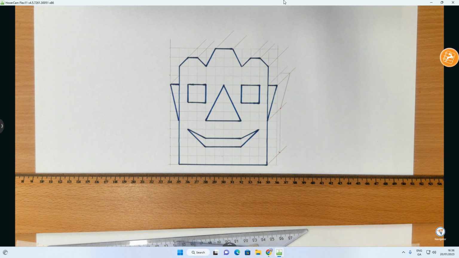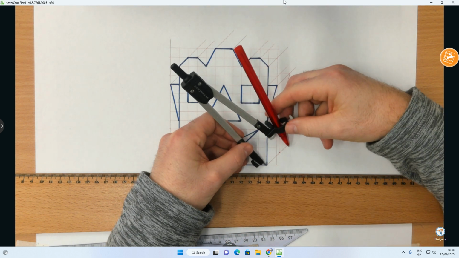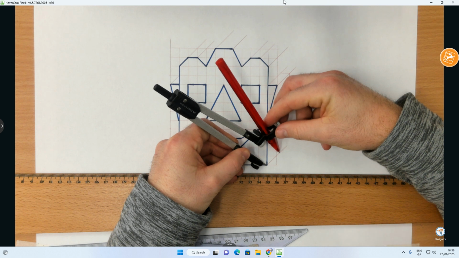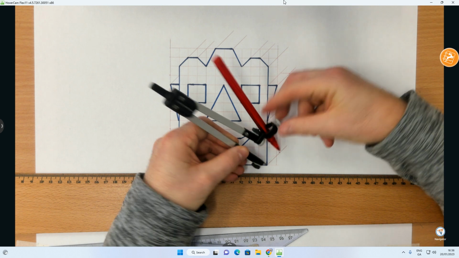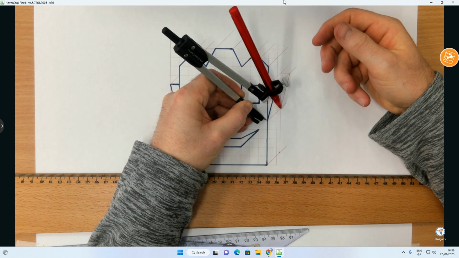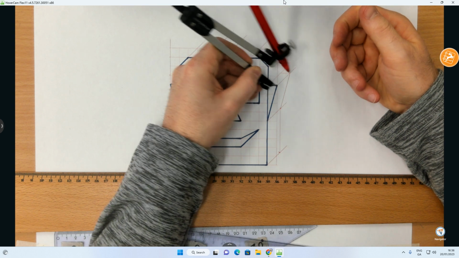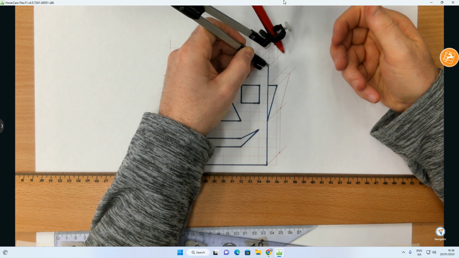Now, using the compass method means you would not have to do sliding set squares, because what you would do is take the 20 millimeters on your compass like this, just make sure, and you could mark it off on every line that you think was important. I'll mark it on this one,